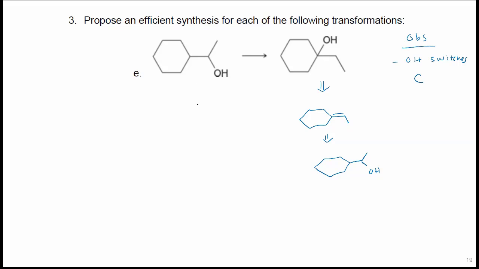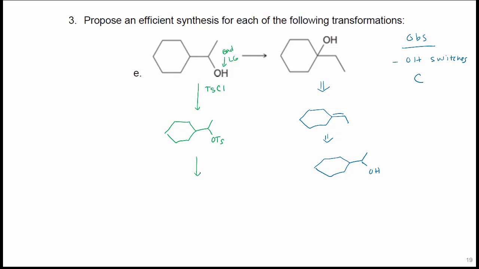The one way that you can do it is doing an elimination of OH. And if you remember, OH is a bad leaving group. So what we can do is convert it to a better one. So we use TsCl, or tosyl chloride. And so you have an OTs there, which is a good leaving group. Then we can do our elimination.